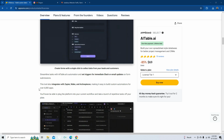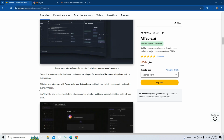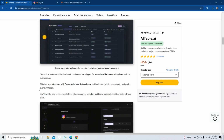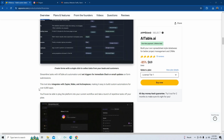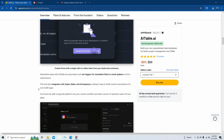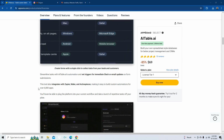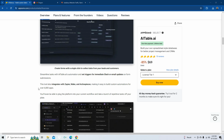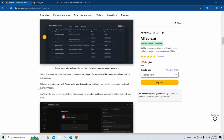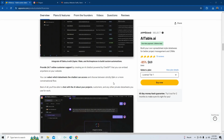at an in-person event. Streamline tasks with AiTable.ai's automation and set triggers for immediate Slack or email updates on form submissions. This tool also integrates with Zapier, Make, and Active Pieces, making it easy to build custom automations for over 6,000 apps. You'll even be able to plug the platform into your current workflow and take a bunch of repetitive